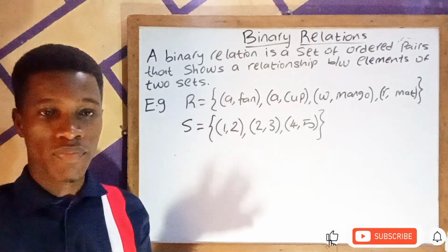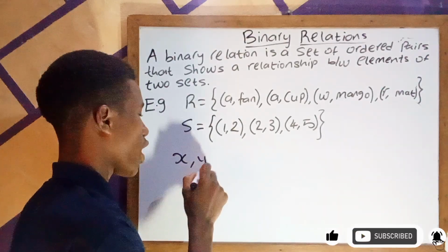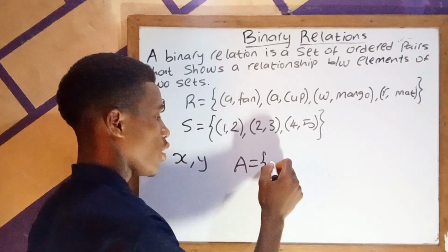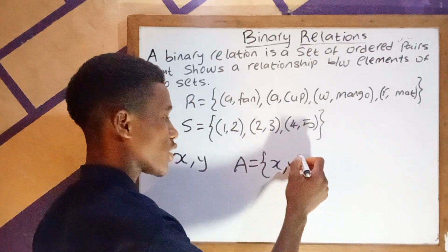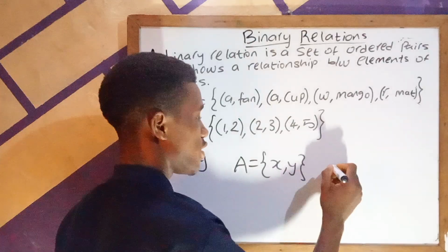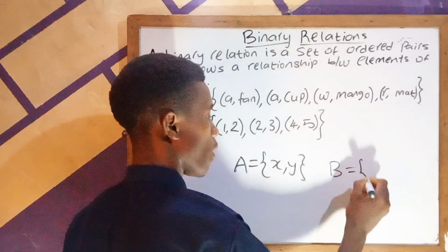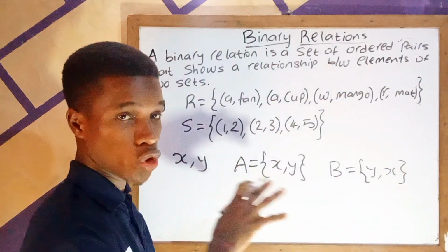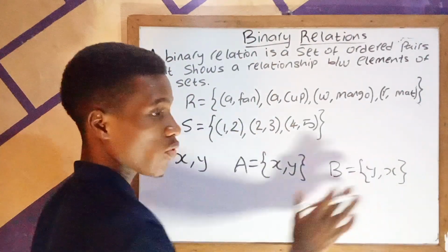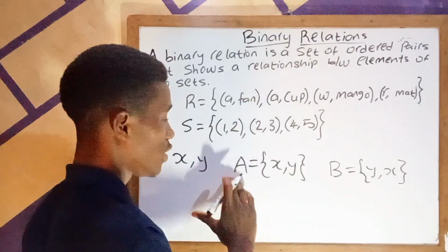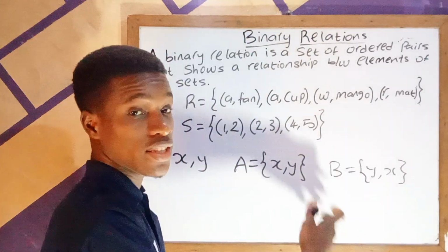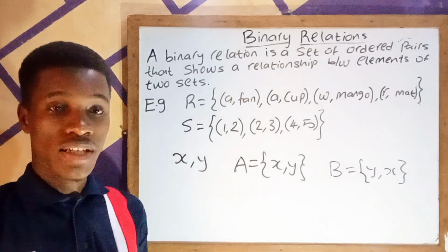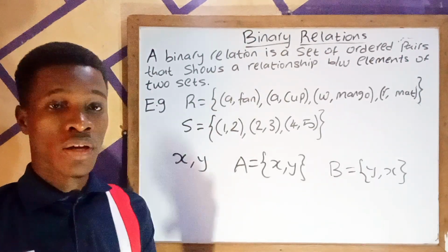Now, what is an ordered pair? Given two objects X and Y, if you have a set, let's say set A, which is formed from these objects X and Y, and this set {X, Y} is the same thing as set B, {Y, X}, you see that the order of arrangement does not matter. So these are sets of what? Unordered pairs. Because we say that this set A is the same thing as set B, that means they are equal. If it becomes necessary that the order matters, like we will see in special examples,